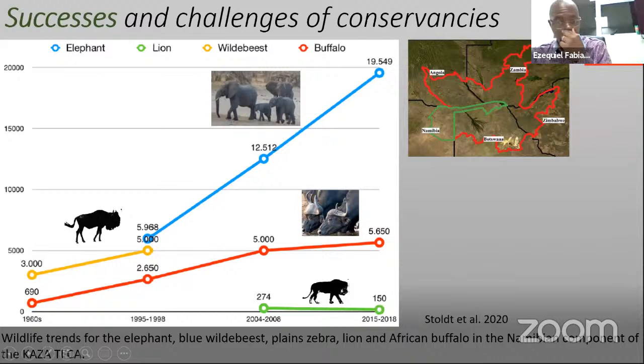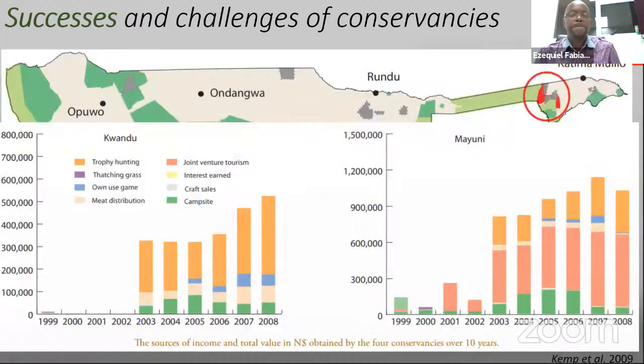So this is based really on what numbers or data are available. This is part of some of the successes, and this underpins really, as mentioned earlier, the basis upon which conservancies, community conservancies, actually operate. Another success can be seen in that with this increase in wildlife, communities can benefit from different services or have different products.